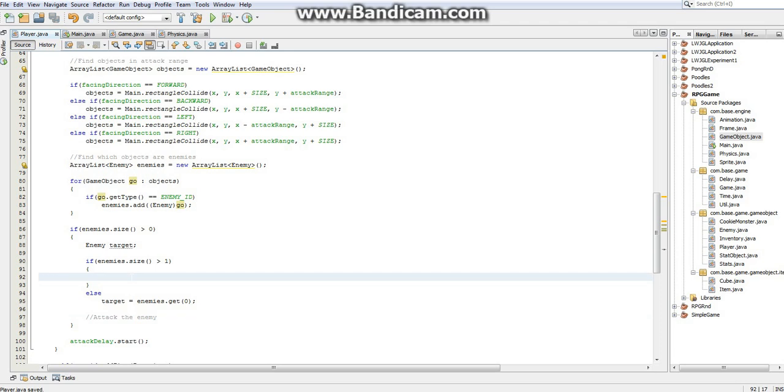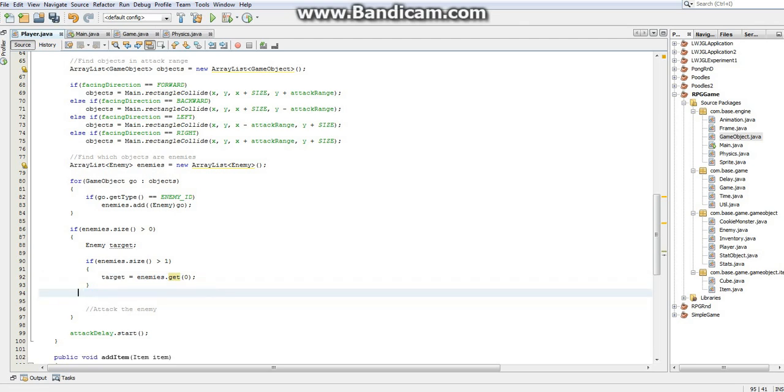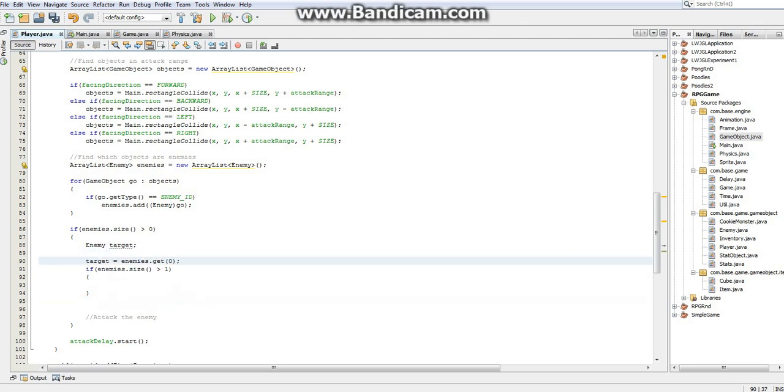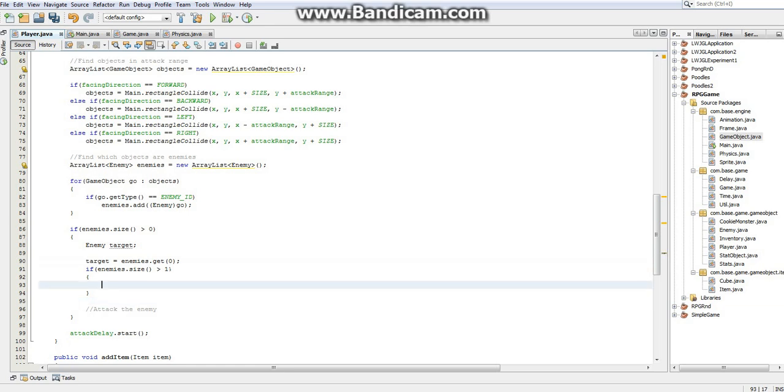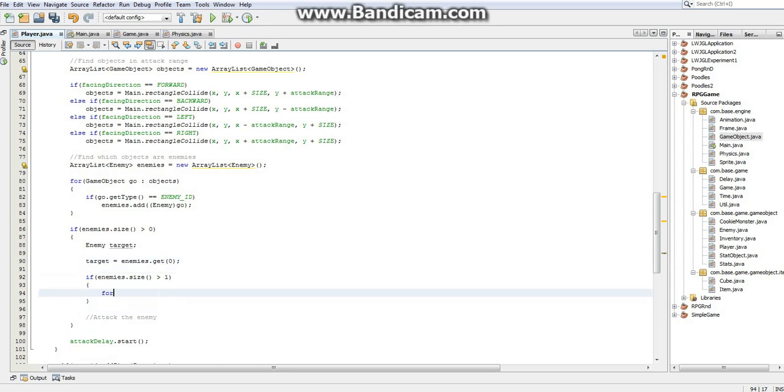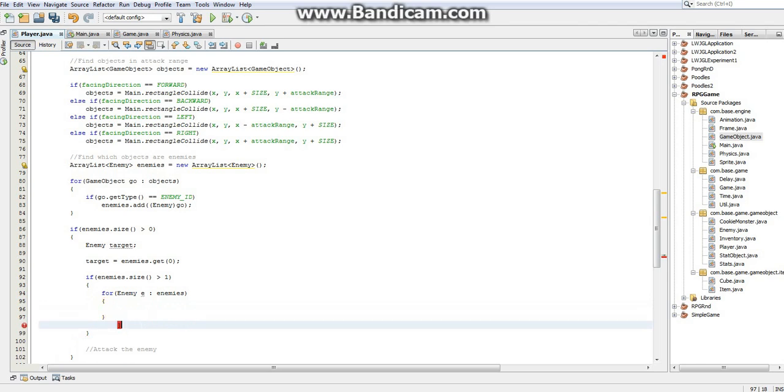So, in here, if enemies.size is greater than 1, well, if we have more enemies than 1, then what I'm going to do is set target equal to enemies.get(0). So actually I can just do that in any case, so I'm going to move that out here. I'm going to initialize it to that, and if we have more than 1, then for each enemy E in enemies, then